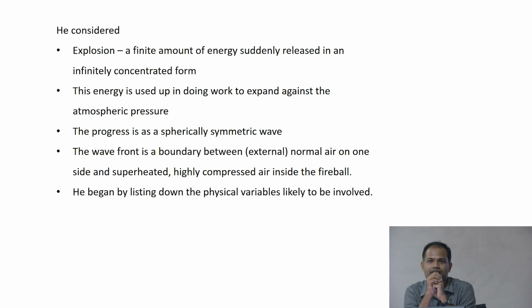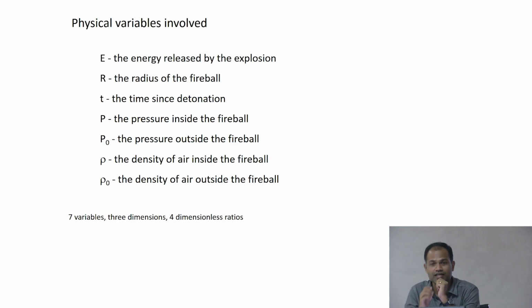So what he said is this: look, what is a bomb? It's basically a release of energy. A lot of energy that was concentrated at a particular place essentially gets expanded to a large amount. There is a wave of energy that's going to come spherically in all directions. That's what the bomb was for him. So he said, okay, if that's the case, let's write down what might be the relevant variables involved. And that's the first step of doing non-dimensional analysis. So let's see what are the variables that he considered.